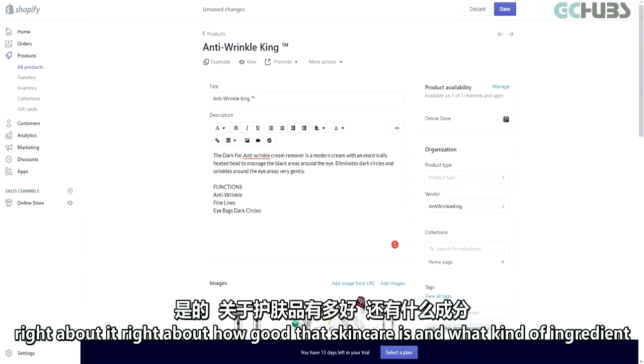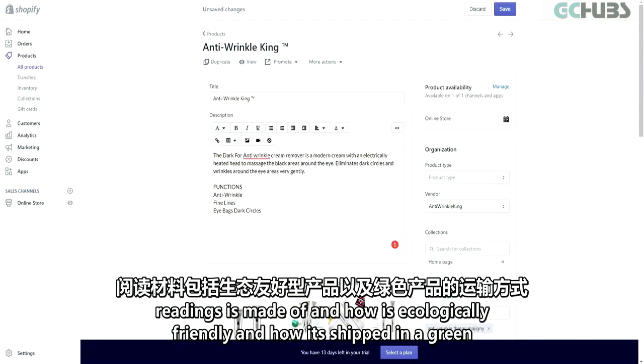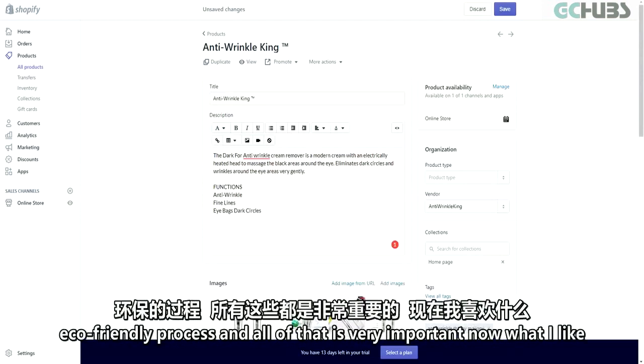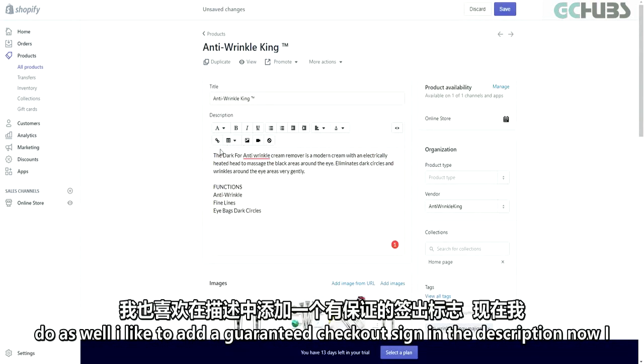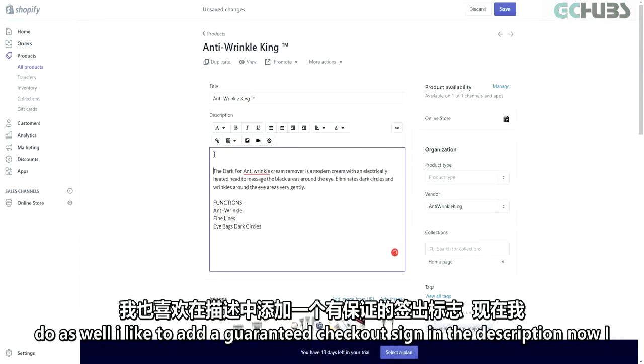Write about how good that skincare is and what kind of good ingredients it's made of and how it's eco-friendly and how it's shipped in a green eco-friendly process and all of that. It's very important. Now, what I like to do as well is I like to add a guaranteed checkout sign